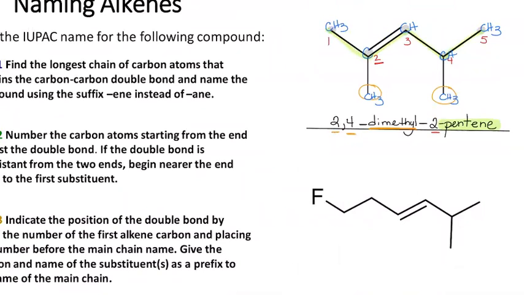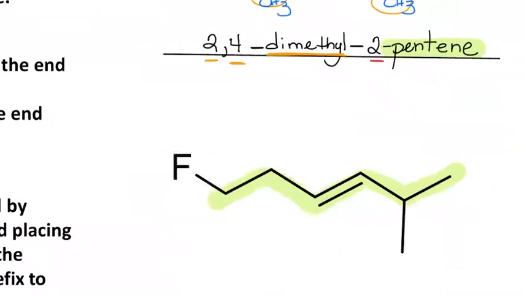In the next example, okay, I have this as my longest carbon chain. And let me illustrate to you guys why it is that we call this alkene equidistant. Okay, so let me number my alkene. This is carbon 1, 2, 3, 4, 5, 6. Well, I can number this 1, 2, 3, 4, 5, 6. What makes this alkene equidistant